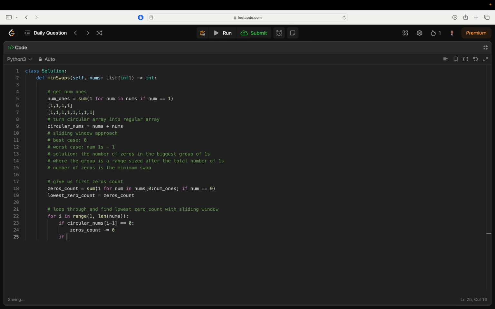And then now we consider the one that's coming in. And we don't need to keep track of if it's a 1 because it's binary. If it's not a 0, it's a 1. So we only need to keep track of one stat. Because we know at any time if we have 5 zeros and the range is 8, then we have 3 1s. Okay, so if circular nums